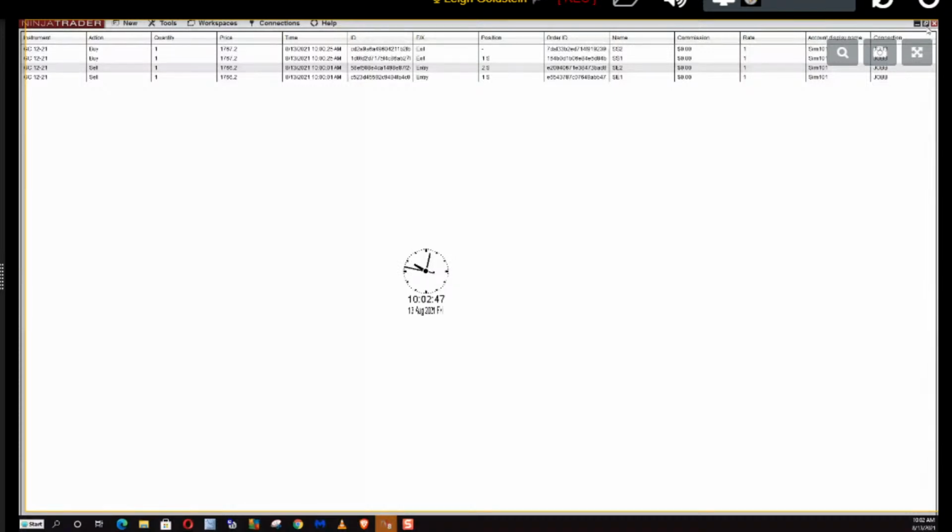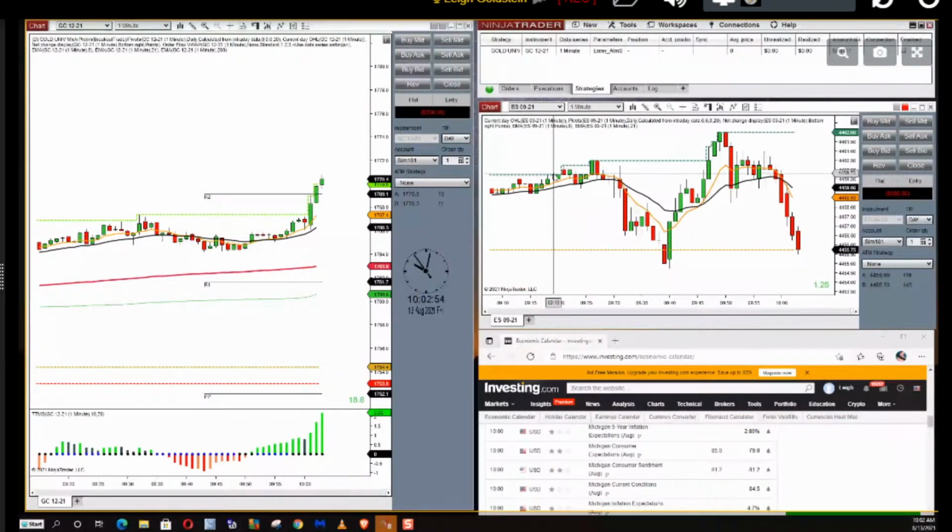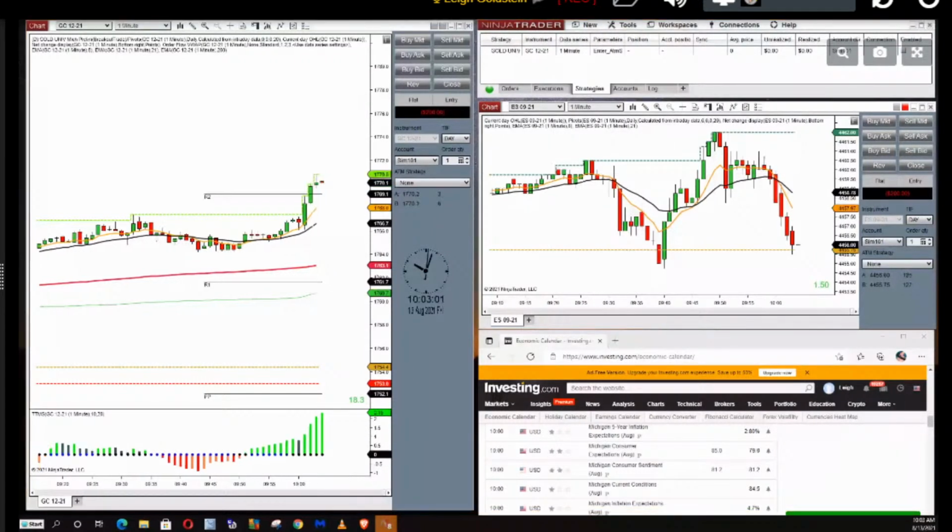Now I like to put my trades on at 9:59:59. I don't like to put my trade on at 58. I think in these volatile markets, sometimes you can get filled early.